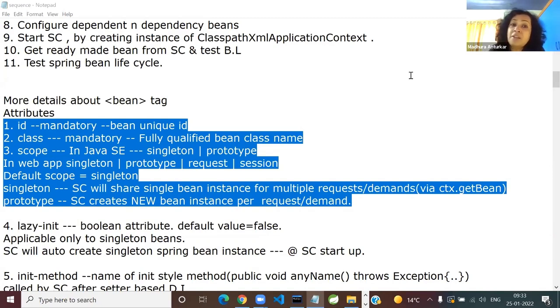So tell me, which are the bean tag's mandatory attributes here also? Give me the names of the mandatory attributes for Spring bean configuration: ID and class.